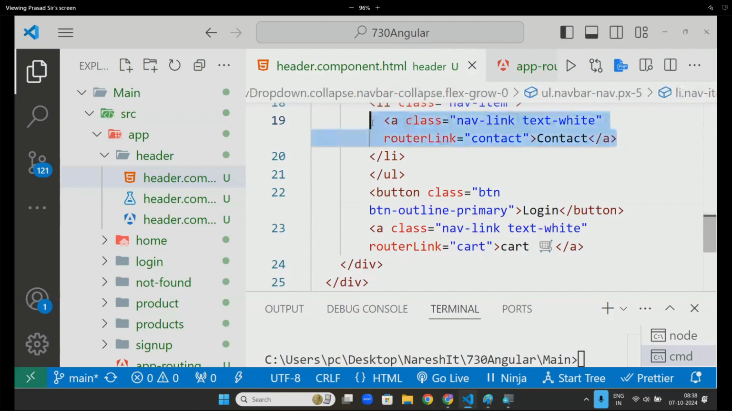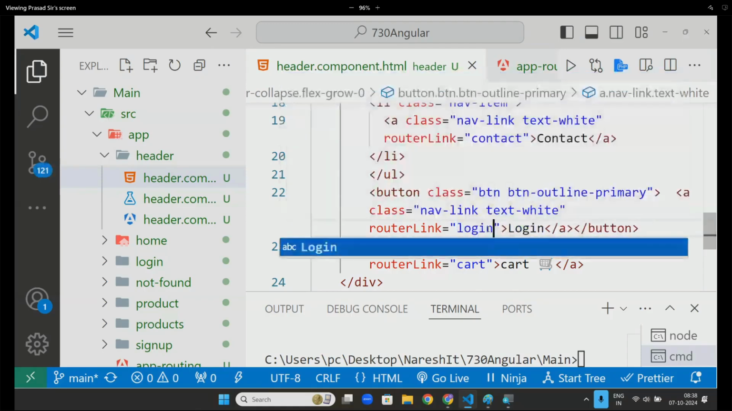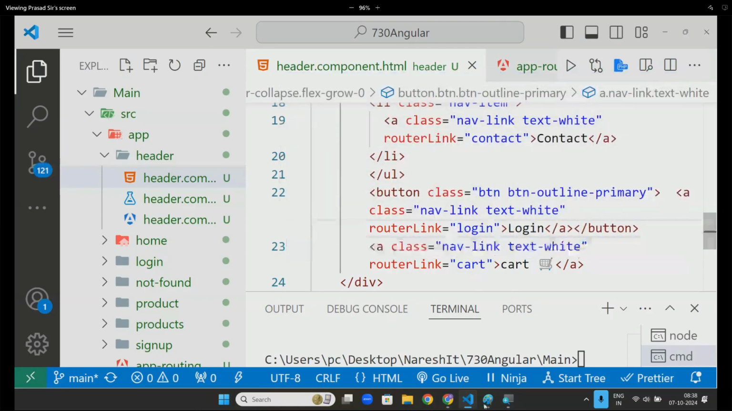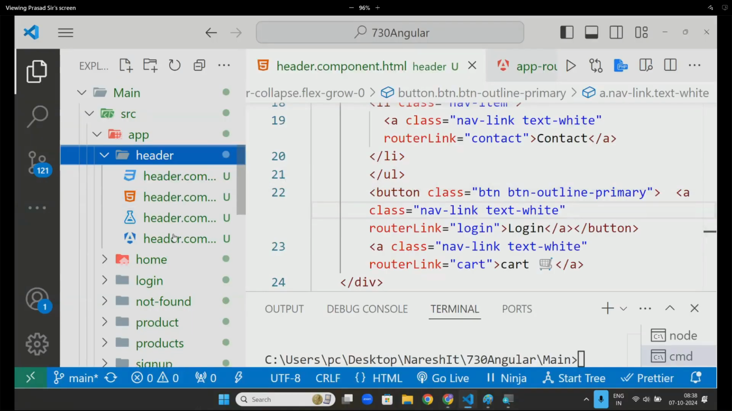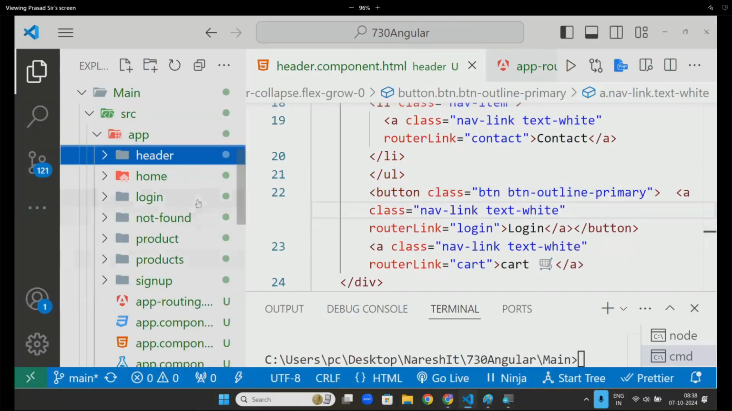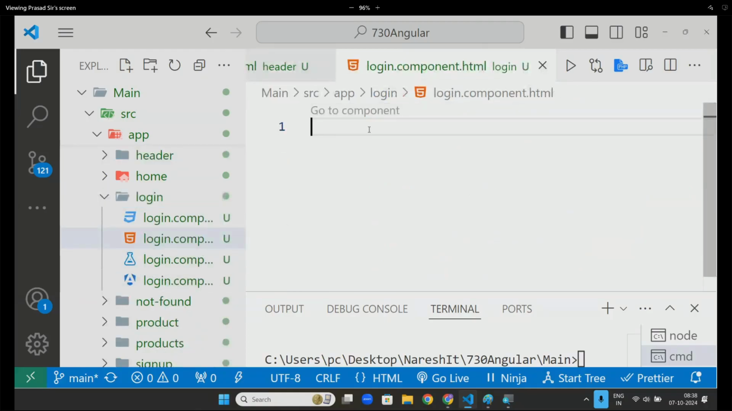Now let's do the same thing like this. Inside the button, I will give an anchor tag, which is login, login. Now go here, login works. Now go here, go to the login page, login, click here, login. Now let's put a form,